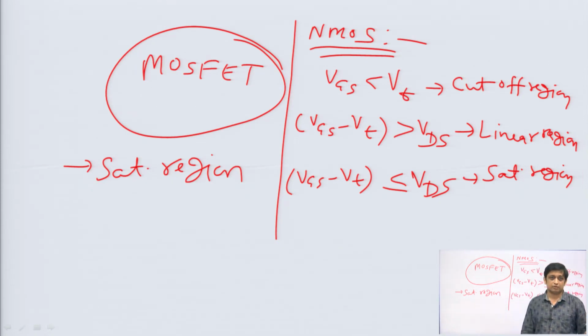And if sufficient parameters are not given by which you can find the region of operation of the MOSFET, then in that case, just assume that the MOSFET is in saturation and do all the calculations. After the calculation, you will get the values of VGS and VDS. From there, verify whether our assumption was right or not. After finding all the voltages, compare VGS minus VT. If VGS minus VT comes out greater than VDS, then we will say that our assumption was wrong, because we had assumed the MOSFET is in saturation, but after calculation we are getting VGS minus VT greater than VDS.